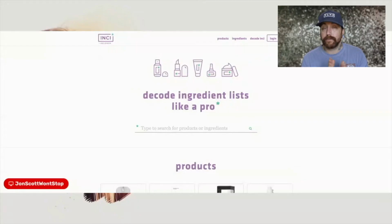So the first product up that people asked for was the Olaplex shampoo and conditioner. We'll just do a shampoo of one, a conditioner of another, because I have Olaplex, Lush, Nexus, and then Kenra Platinum. And I put Kenra Platinum in there for a reason, and we'll get to that a little bit later. So what you're going to do is you're going to go to incidecoder.com, which is